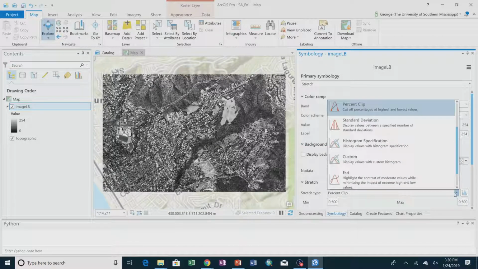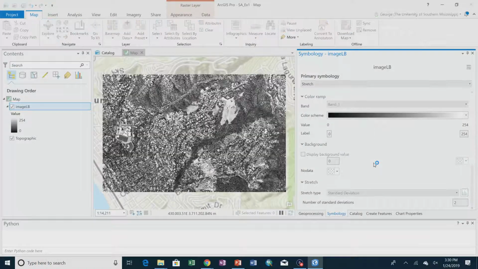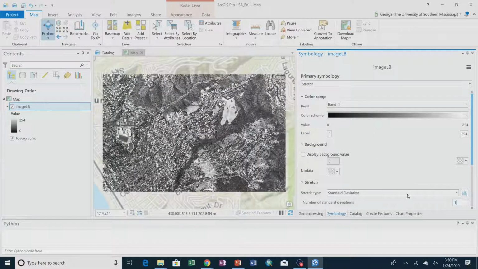So if I change this to standard deviation, I'll change this to 1. I think that was, I don't know how I got it to do that, but it looked to me like every time I was changing the standard deviations, it just kept taking what was left and applying the slice on just that. So